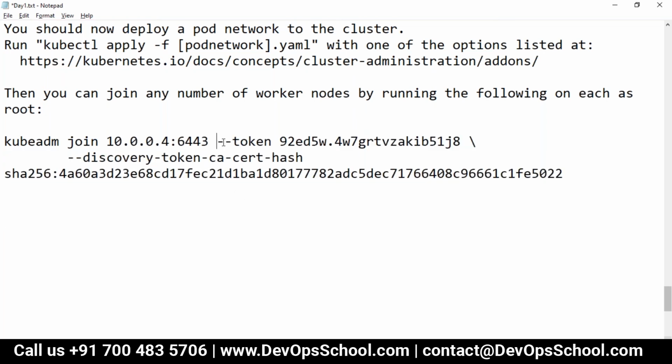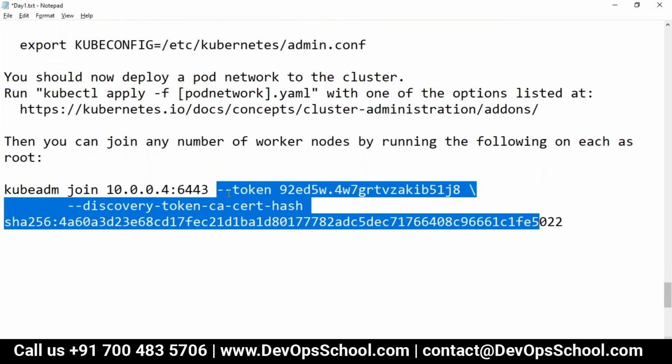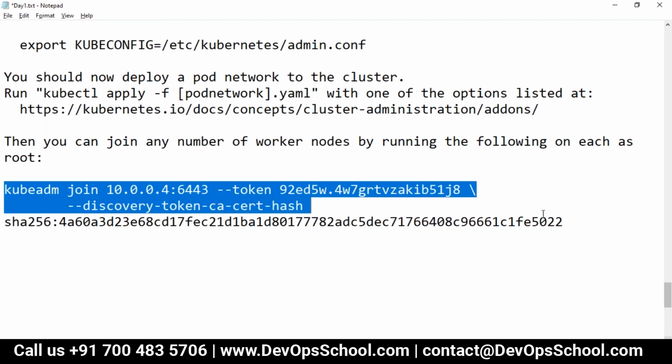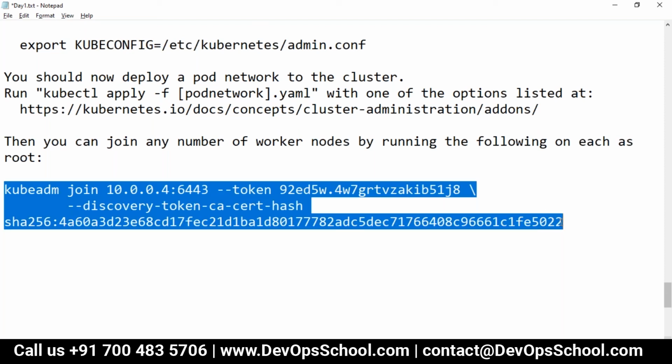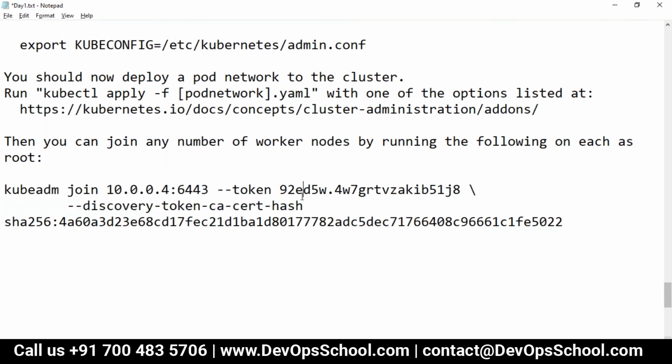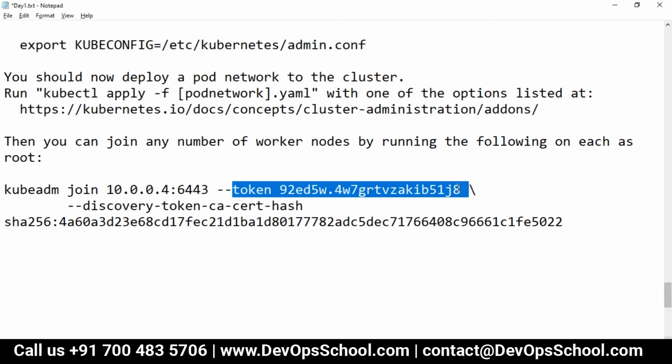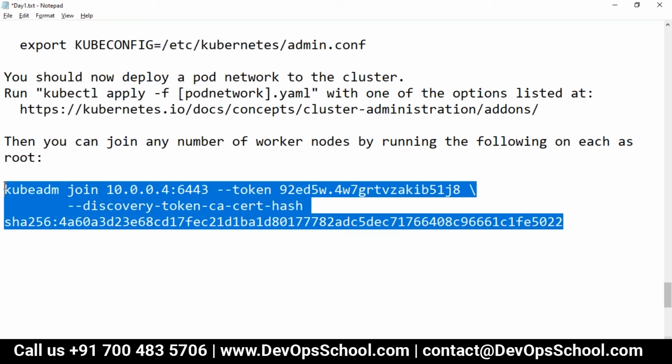So this token is basically what has happened. When you set up a Kubernetes master, they give you this token, and this key is like a pre-authorization. So if you run this command on any worker after the prerequisite setup is done, you request and automatically you get approved because you have a token. That's important. By the way, this token is valid only for 24 hours. You can extend the token, create a new token, or generate a token and extend its validity. That's a different thing. But did you understand this line now?